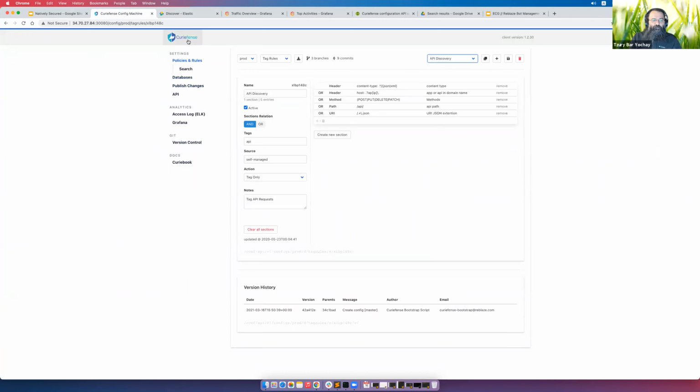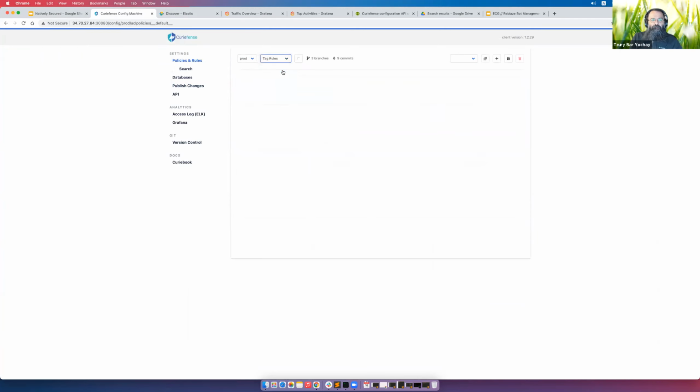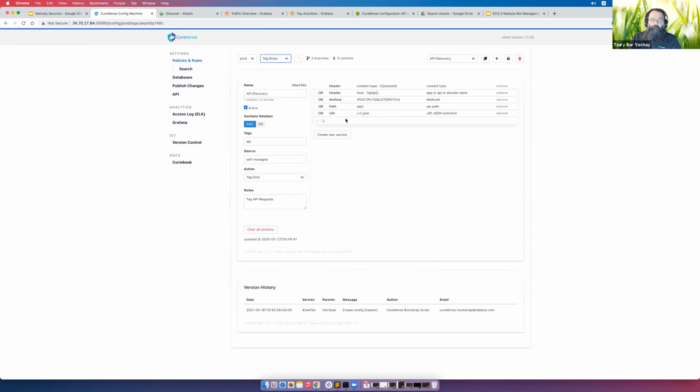Starting with the Curiefense dashboard, that's the UI, I would start with session profiling. The capability, as I mentioned, is profiling and tagging each and every request based on content and sources. What do I mean by that? For example,